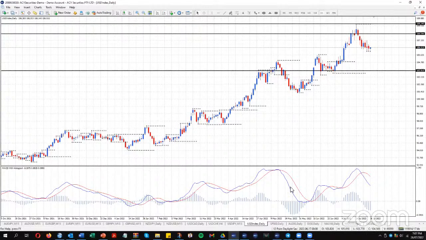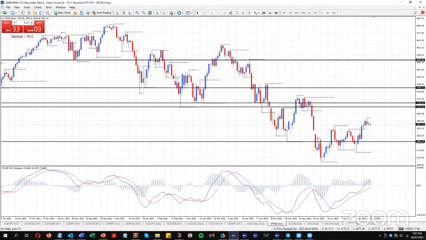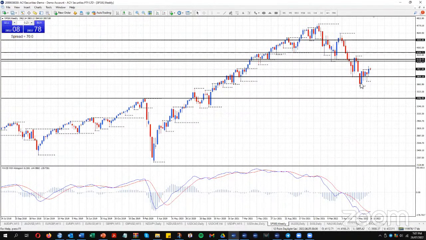So what I'm noticing on the S&P 500, we are getting a bit of an uptrend on the daily there, holding on weekly support. And the weekly trend here is starting to make higher tops and bottoms. So we might be getting a deeper movement up here. Not anything significant at the moment, but I'm just looking at what the stock market is doing, what the dollar index is doing. So we're seeing a bit of weakness on the dollar index at the moment and a bit of positivity on the stock index.